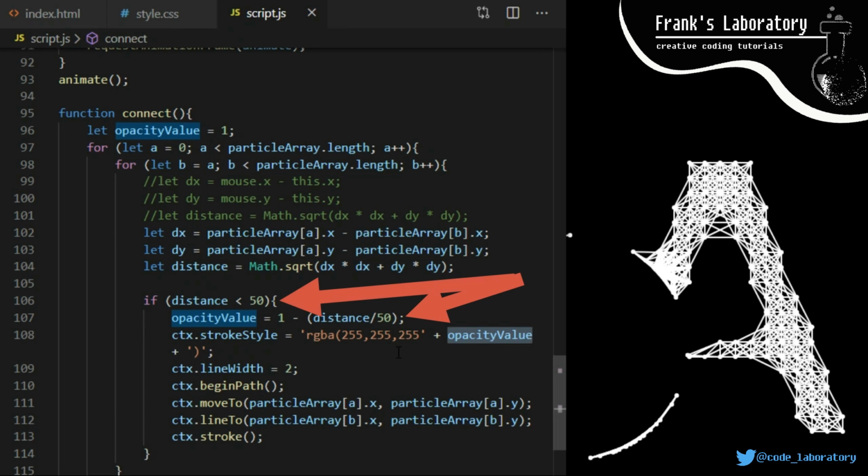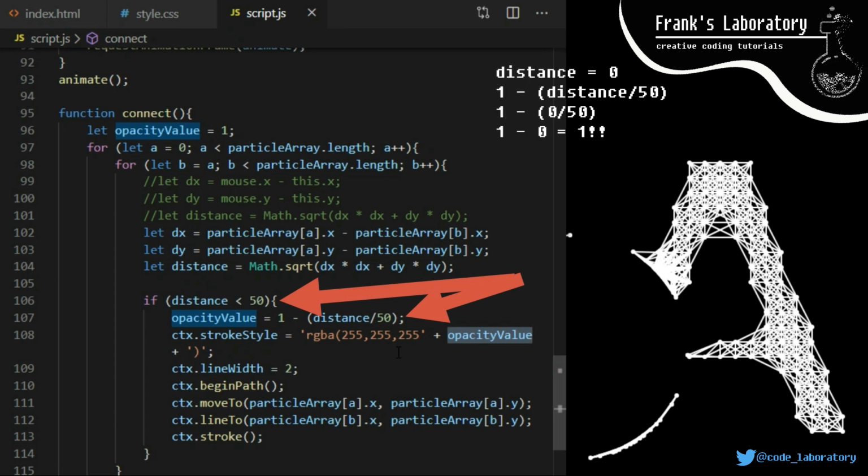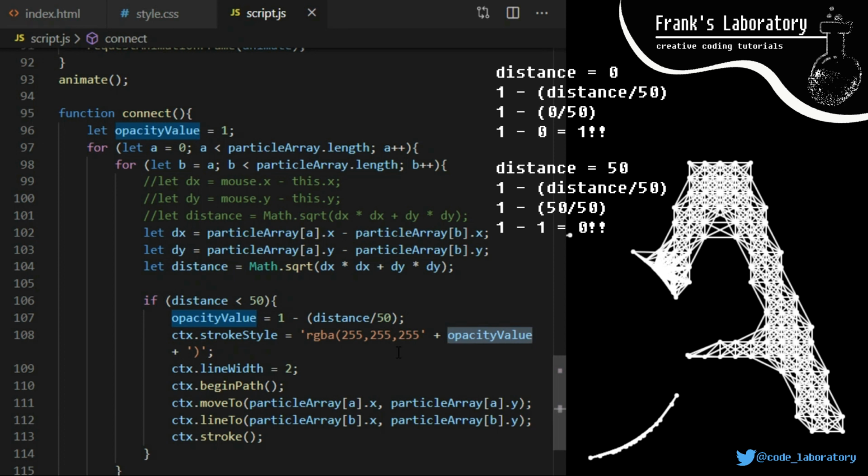Don't overthink this. Let me give you two examples. If distance is 0, particles are close, line is fully visible. On the other hand, if distance is 50, 1 minus 50 divided by 50 is 1 minus 1, so 0. Lines are invisible when the distance between particle A and particle B reaches 50, or whatever you set the limit to.